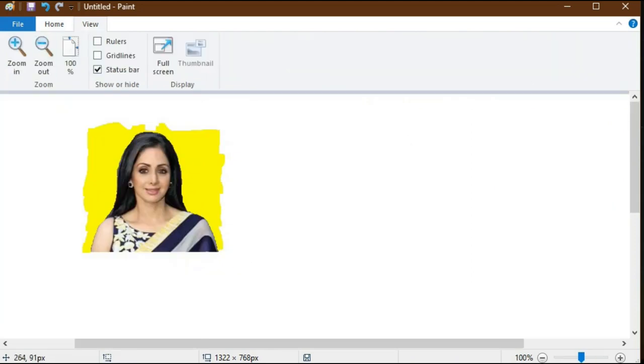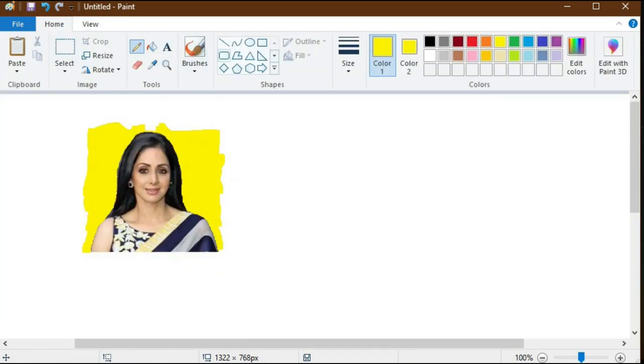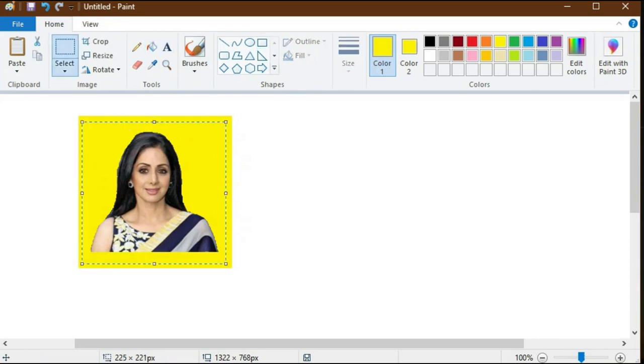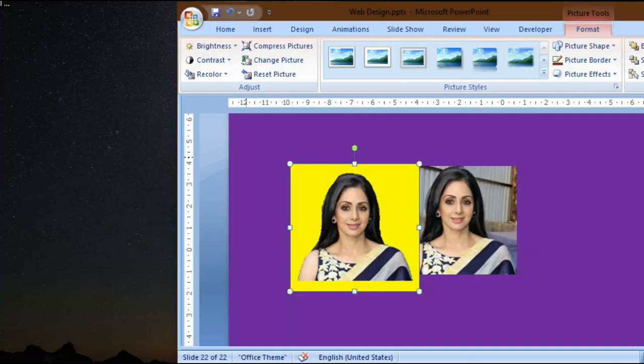After completing all the touch up, you have to make a square selection to cover the maximum area of the image. Then fill the yellow color in all that area. Now you select that image within the yellow painted area, copy it, and paste it into MS PowerPoint.